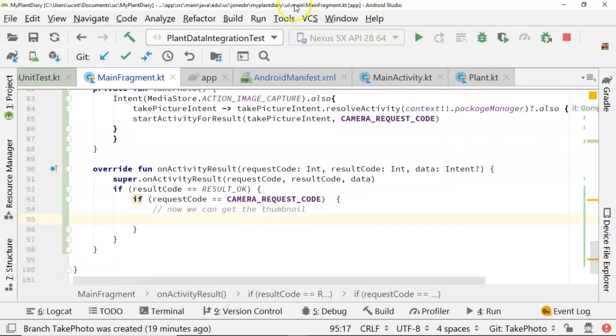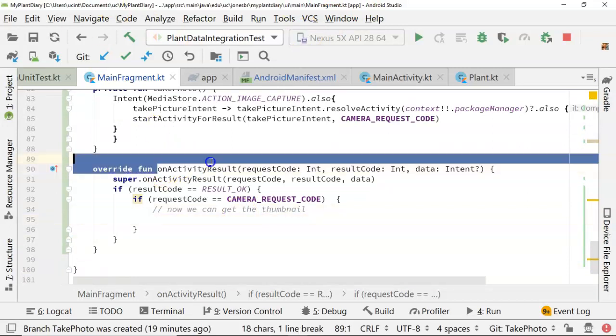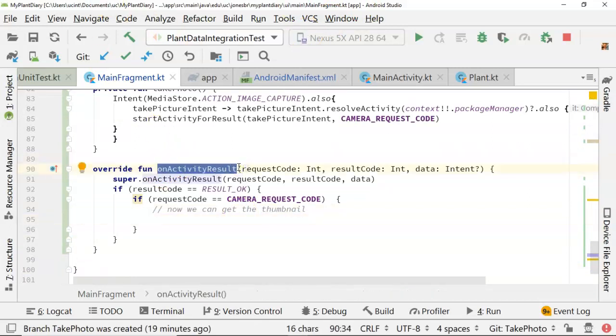Once again, I know I mentioned this before, but this is the function that will get called back from an external intent on our device, on our application. So we get our request code, we're using that. We get the result code, we're using that as well. The request code is our fingerprint. The result code just tells us, did the user cancel? Did the user press OK? Think about your camera. You typically have an OK and a cancel button, and this simply represents what the user selected. Now, there's one other parameter that's passed in here, which is data, and that's one that we want to